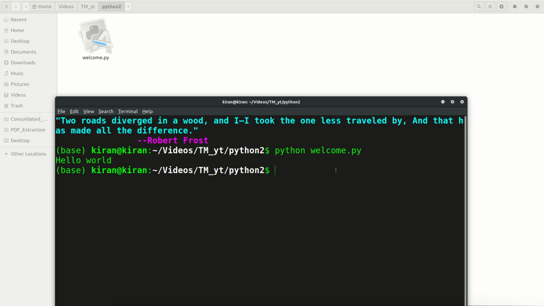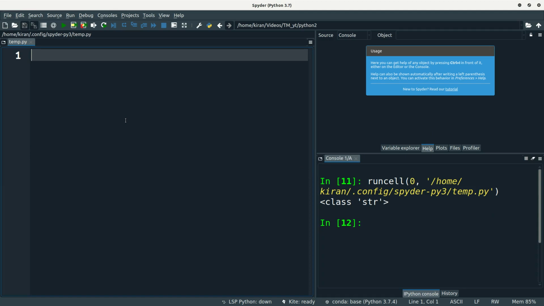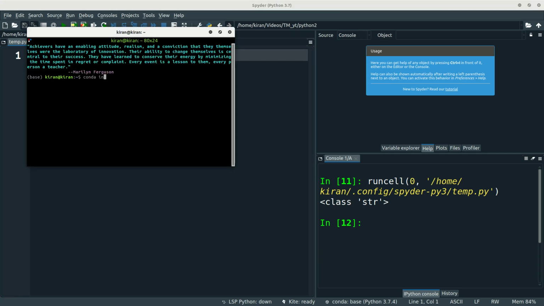Let me show you a good IDE, interactive development environment. It is Spyder. You can use Spyder in Linux. You can directly install Spyder with conda install spyder. Spyder 4 is the latest version.